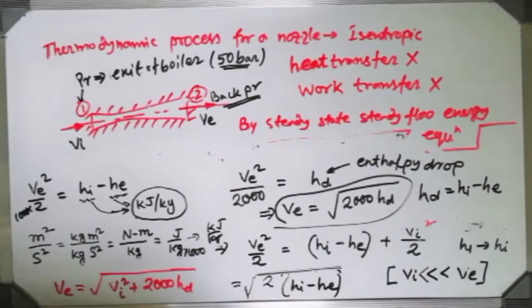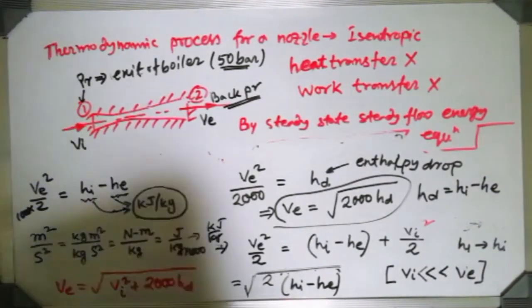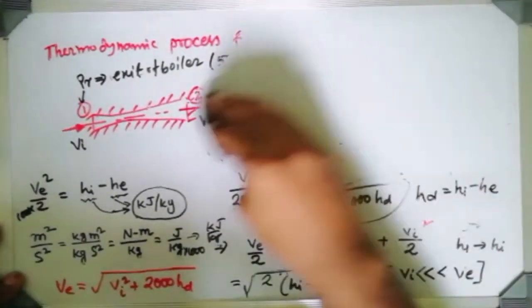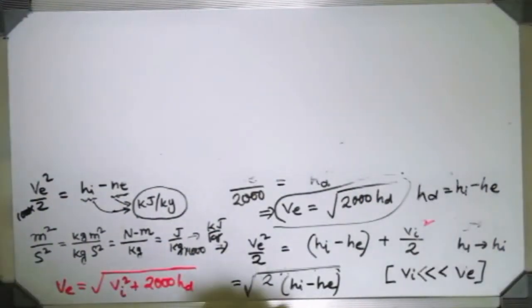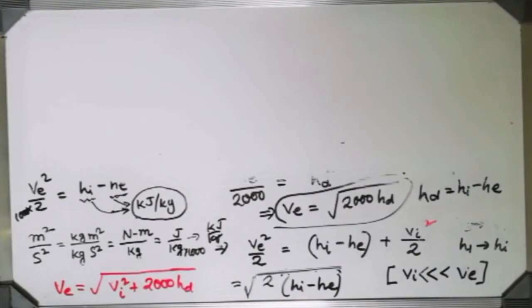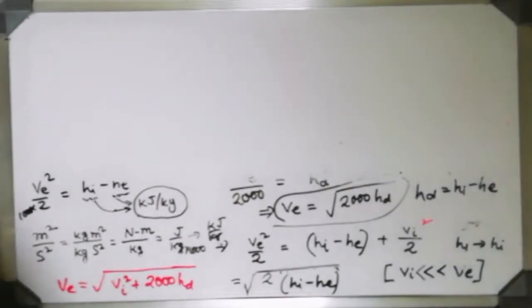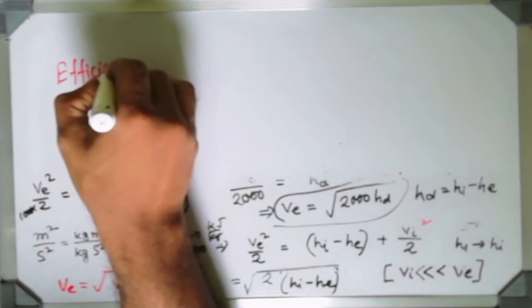And in actual practice, if the ideal process we consider, then we say that the process will be an isentropic process inside the nozzle. But in actual process, already I told you that isentropic process is an ideal one, hypothetical one, it is not achievable. So in ideal case, some heat will be dropped, that means isentropic process cannot be achieved. So from there I can find the efficiency of nozzle also.